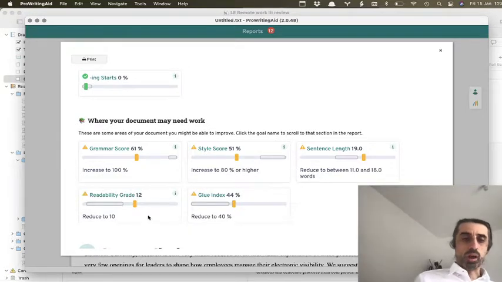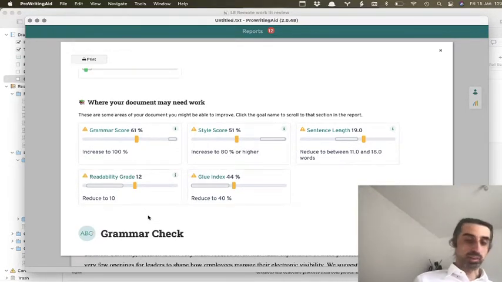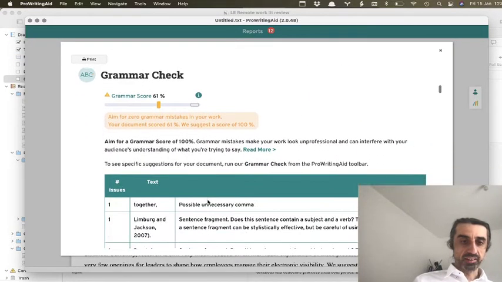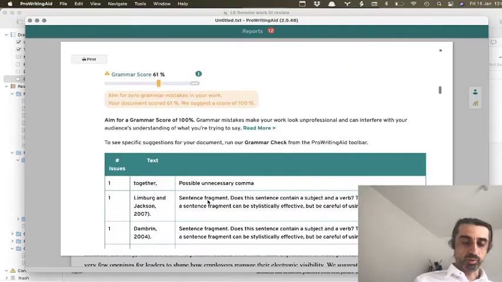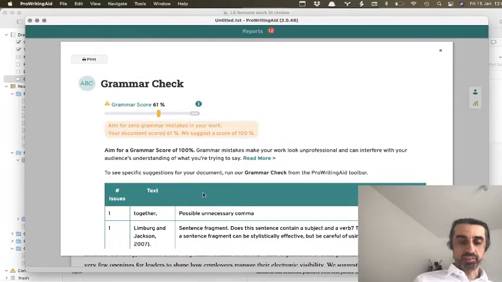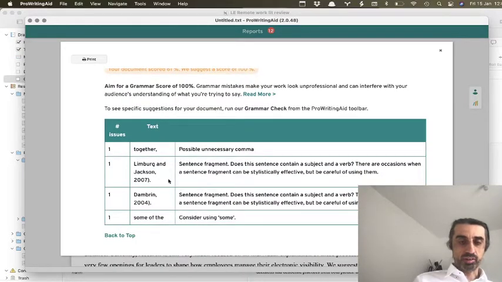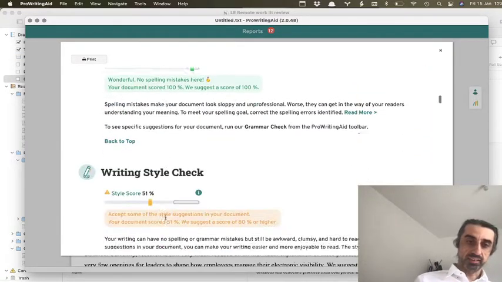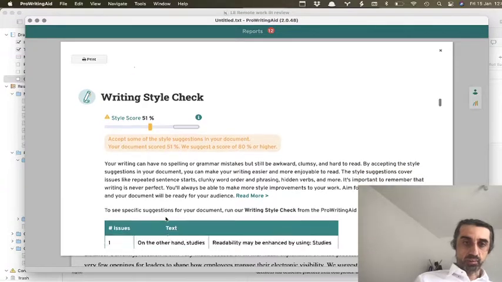Readability, it's 12. That's pretty good. That's like somebody starting their undergraduate degree. This is PhD level work, so that's okay. And you'll see grammar. In papers, a lot of grammar references are picked up as grammar errors. So I actually tend to introduce references at the end. But anyway, so